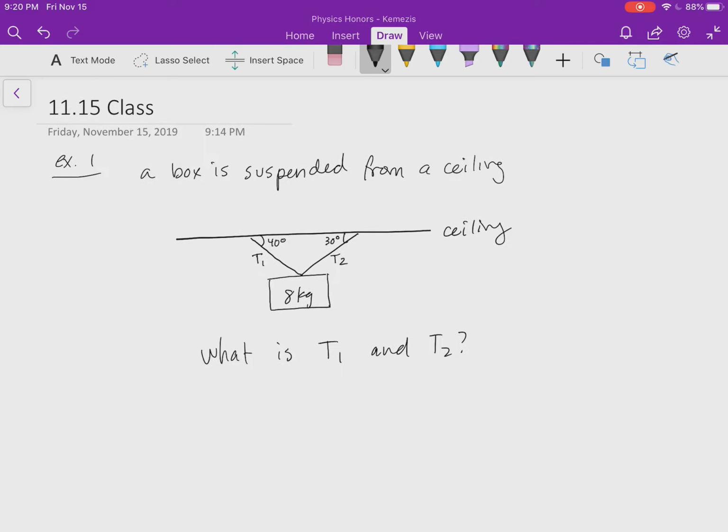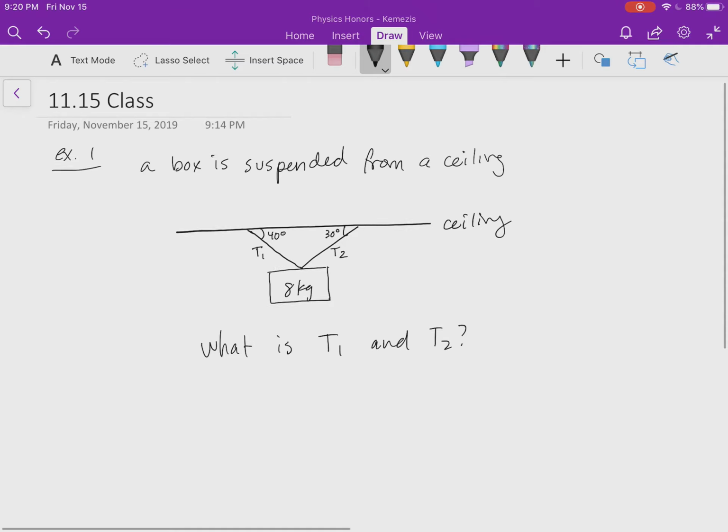Okay, so I wanted to go over the examples that we did today in class, applying our understanding of vectors and components. So here in this first example, we have a box that is suspended from a ceiling, and here's our drawing. It's held up by two ropes that are providing the tension to hold it up, and they are at angles. The first rope is at a 40-degree angle with the ceiling, and the second rope is at a 30-degree angle